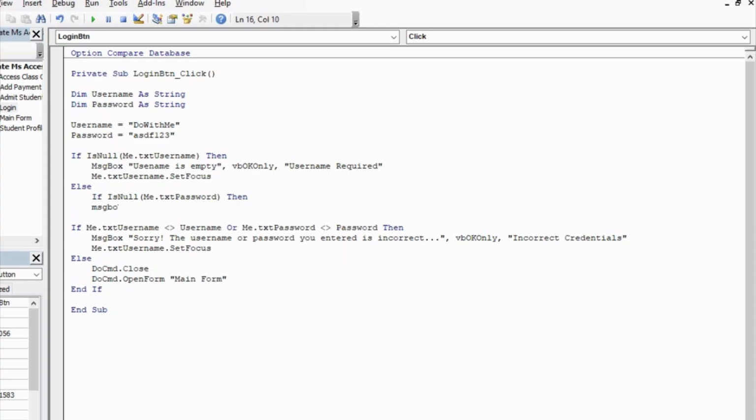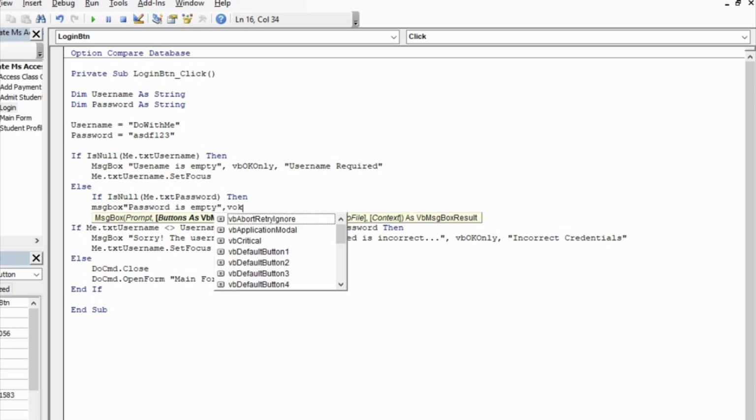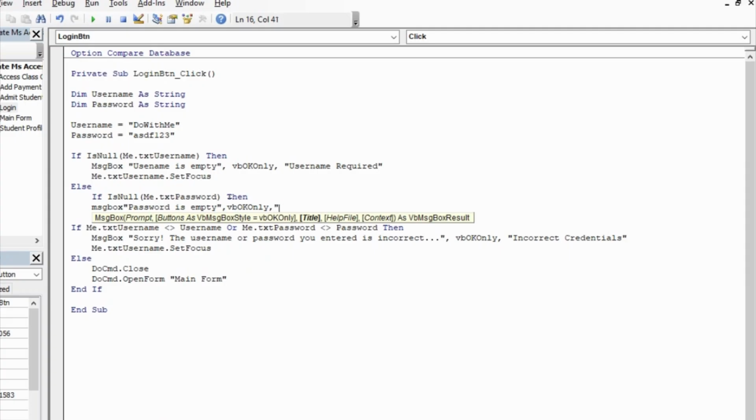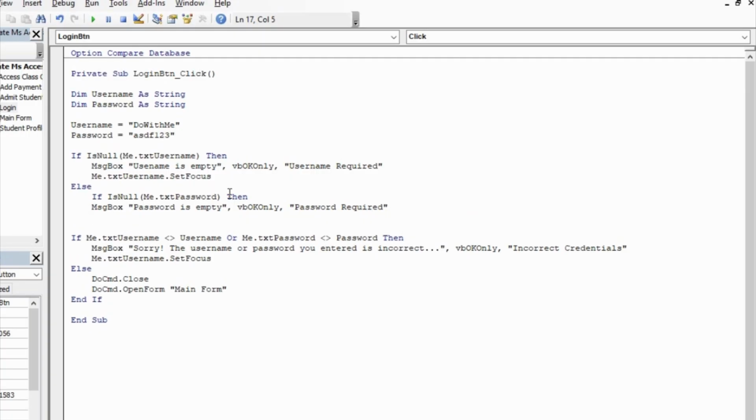Message box, password is empty, vbOKOnly, then the title password required. All right, so now else,